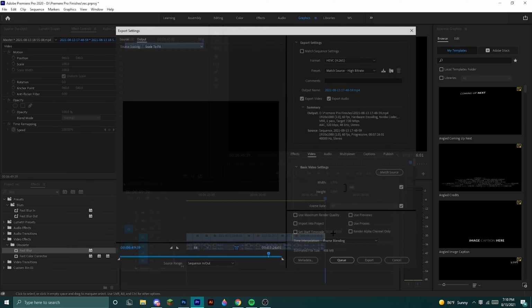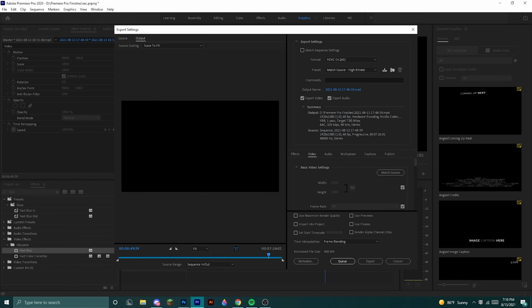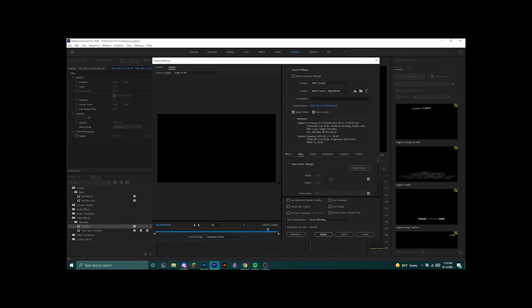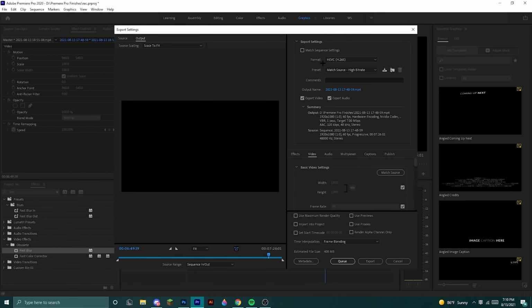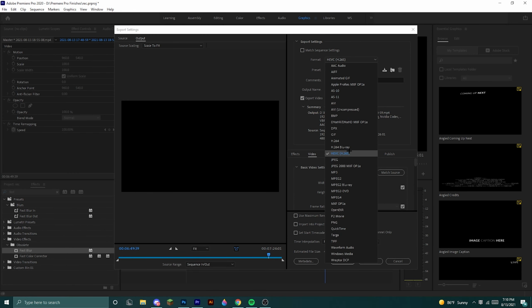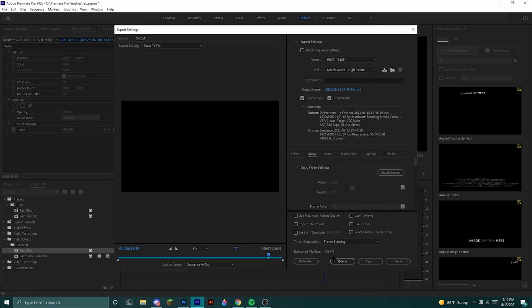What I would do is I'd pull up this, Control M, and these are how I render my videos. So yeah, I use HEVC, which is this. It just has a different time interpolation. The thing I like about frame blending is it creates a motion blur effect. So yeah, that's what I like about HEVC. So normally I'd render my videos at